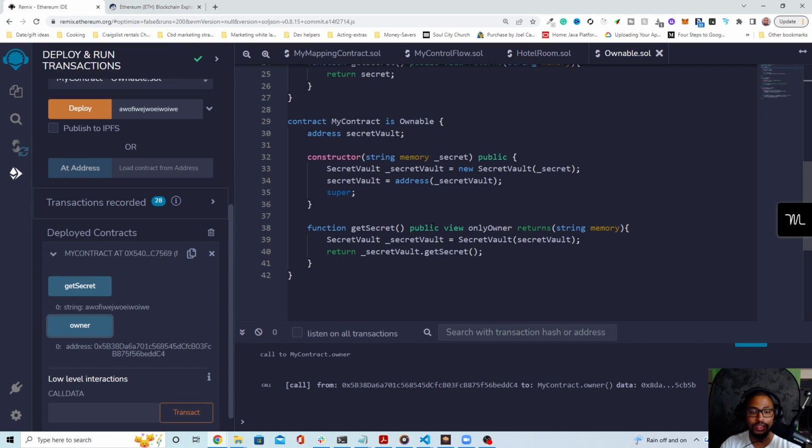It's very, very similar to other object-oriented programming languages, but the only slight difference is that we have addresses and things of that nature that we can keep track of. But in essence, it is very similar to a C++ or a Java object in object-oriented programming in those types of languages. So if you want to do a deeper dive on the history of object-oriented programming, you can also go inside of those languages, because Solidity is a C-style language, so it's very similar to C, C++, and